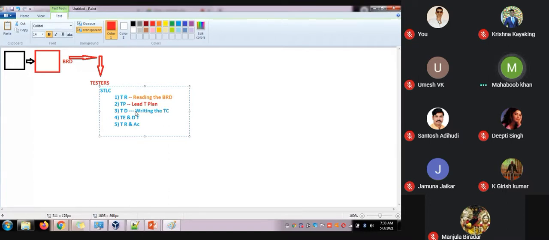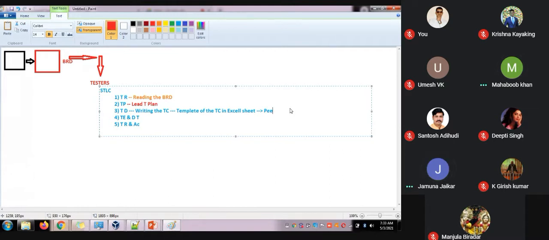Here you will be following the required format of the template of the test case in an Excel sheet. Once you have written it in the Excel sheet, you will take this Excel sheet and ask your colleagues whether whatever you have covered in the test case is correct or not. What do we call that?